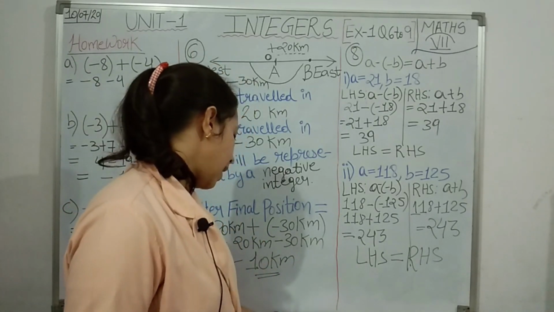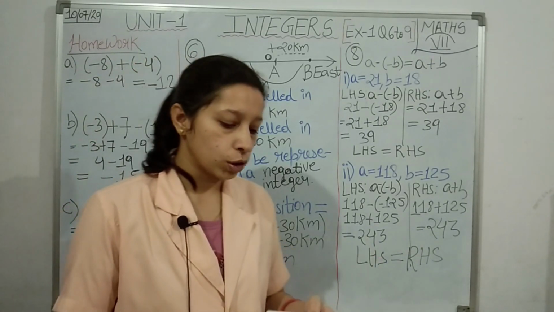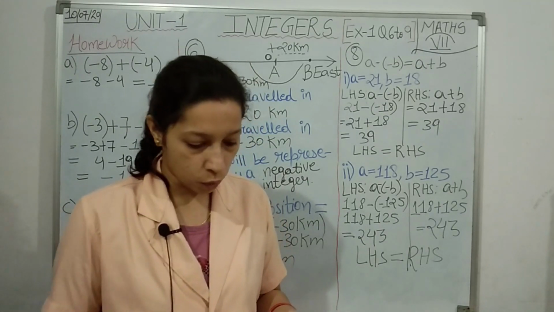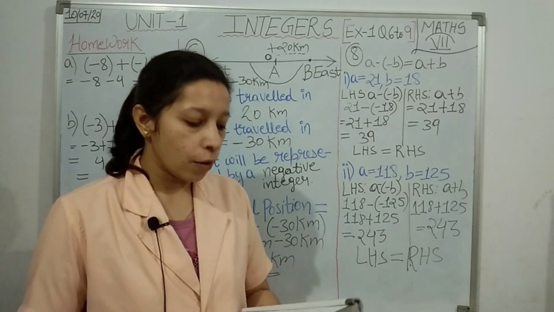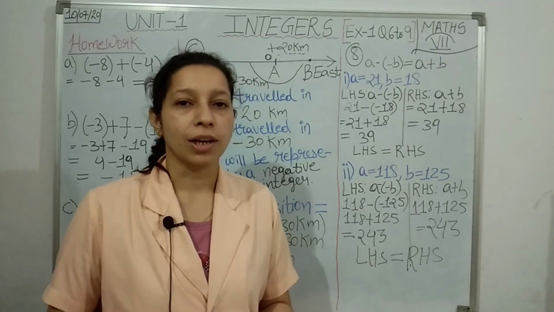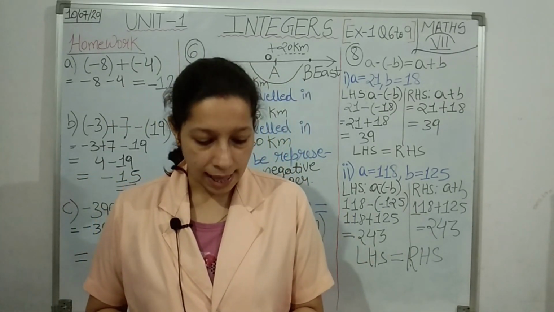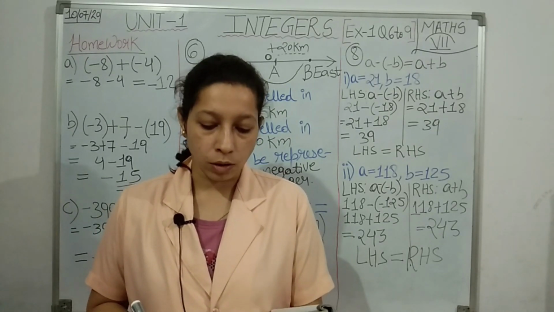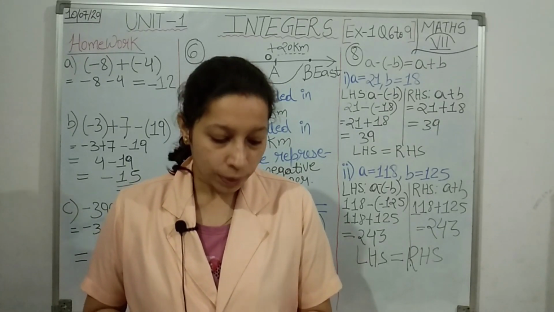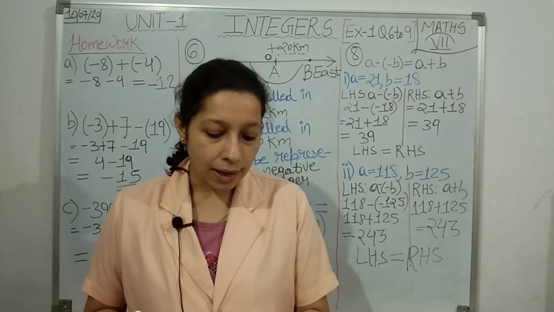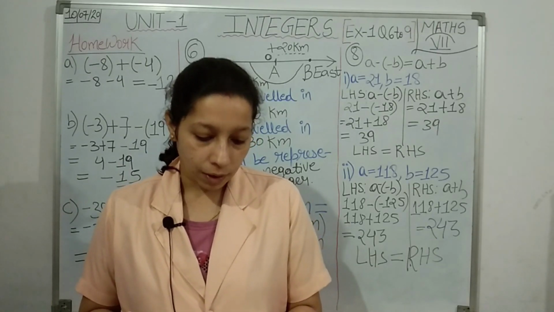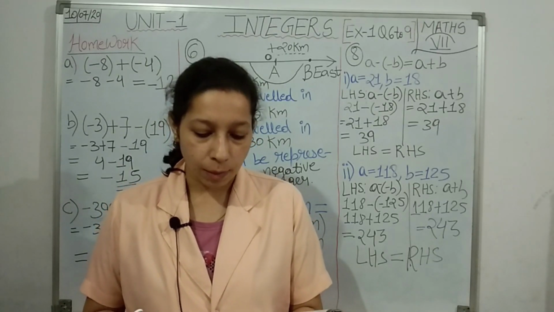Now students, the next two points for this question, point 3 and point 4, will be your homework. Okay, now we are going to see the next question, question number 9. Use the sign of greater than, less than or equal to in the box to make the statements true. See the first point students, minus 8 plus minus 4. Then a box is given, then minus 8 minus minus 4.